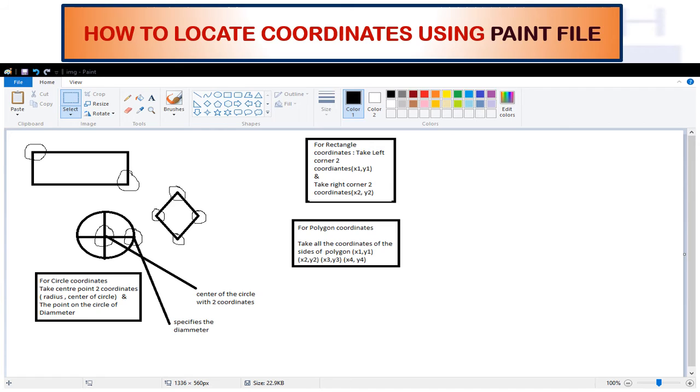If you want to see the shapes, you have to click on Shift and Tab. Shift and Tab button of your laptop, of your PC. If you just click on Shift and Tab, you can see the shapes clearly, as I have shown you on the screen. Like that you will not get the shape hotspots properly. You have to click on Shift Tab. When you click on Shift and Tab, each and every shape you can see clearly on the image. This is called image mapping.